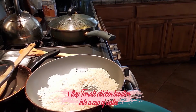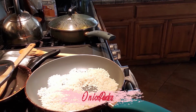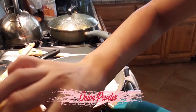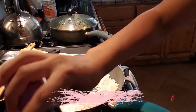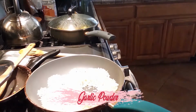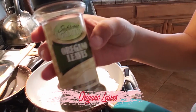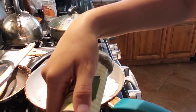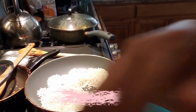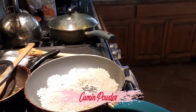And then I'm going to add some onion powder. Some garlic powder. Some oregano crushed leaves. Just a splash of it. Ooh. And then also some cumin. I like to put a lot of cumin, so